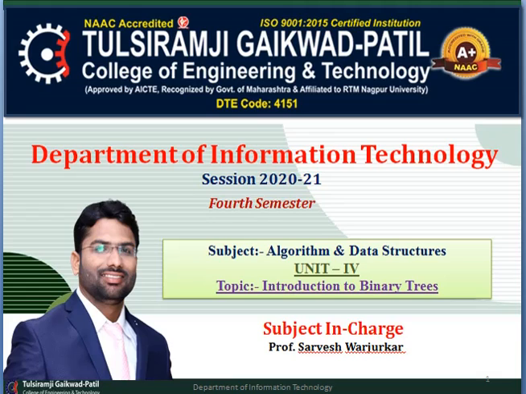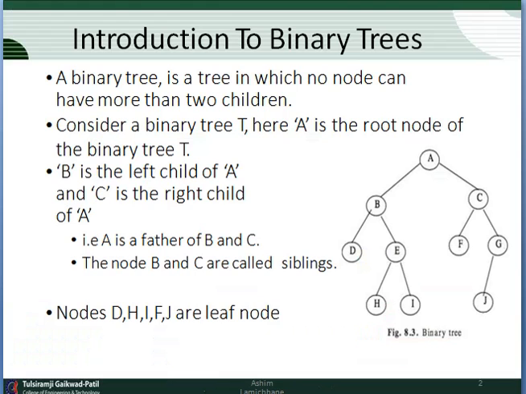What is a binary tree? A binary tree is a hierarchical data structure formed of nodes linked together. The first node is called the root, and every node can have up to two children. Up to means a maximum of two children. A binary tree is a tree in which no node can have more than two children. It means the maximum limit of children is two nodes.